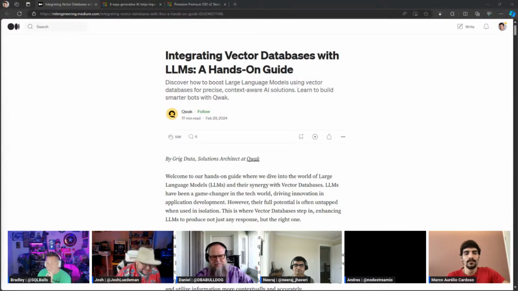Okay, great article by Greg Duda about vector databases and how they're used in LLMs. I know we've talked about this a couple of times in our roundtables, but what I really like about this is that he gives us a brief overview of vector databases and the importance of creating those word vectors. He gives us a little insight into what's happening behind the scenes. This is good for you to know because this could be a fine-tuning process in your RAG pattern, where you're like, wow, where can I get a little bit more precision? Where can I get a little bit more performance? It could be on the vector DB side. So he takes us through a number of use cases where it's applied.